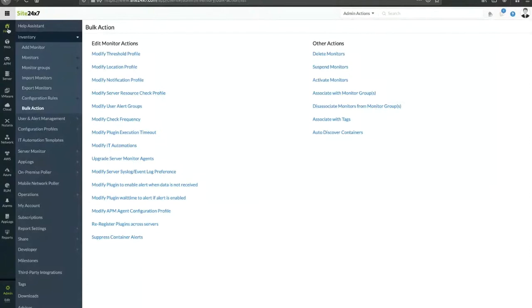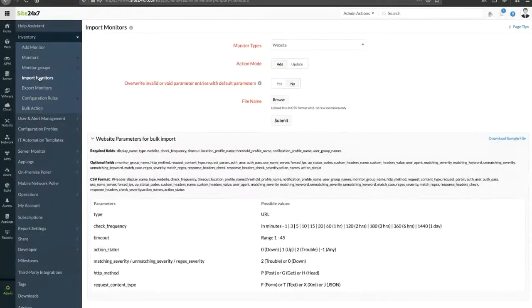And the next scenario is, let's say you have a requirement of configuring thousands of monitors inside Site24x7, right? That's going to be a really tough job. Adding thousands of monitors one by one is definitely going to take a lot of time. So what you can do is use our import monitor option. You can just go to